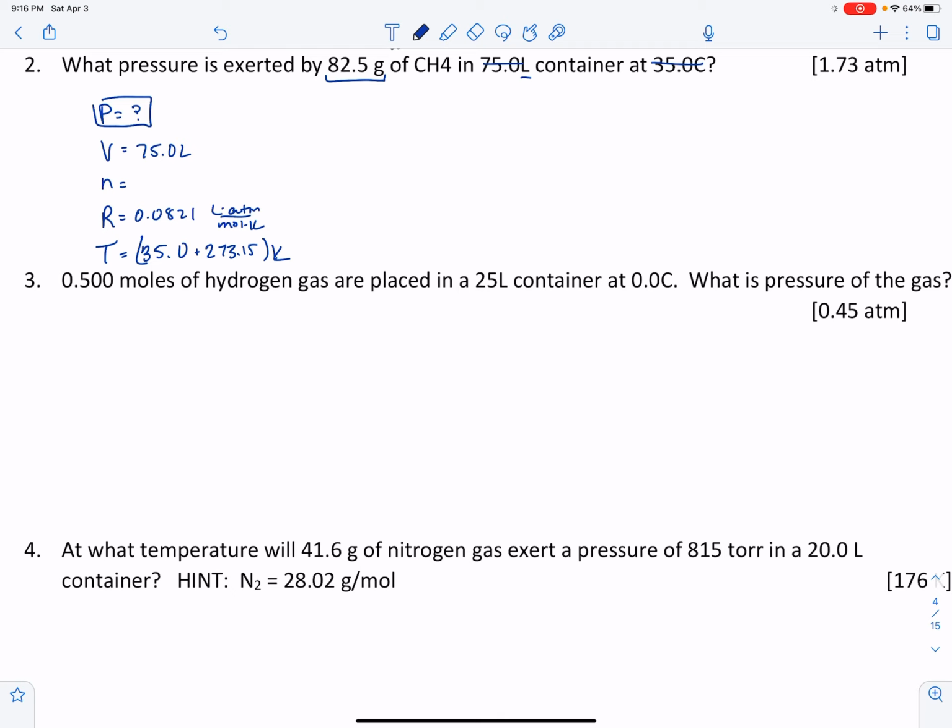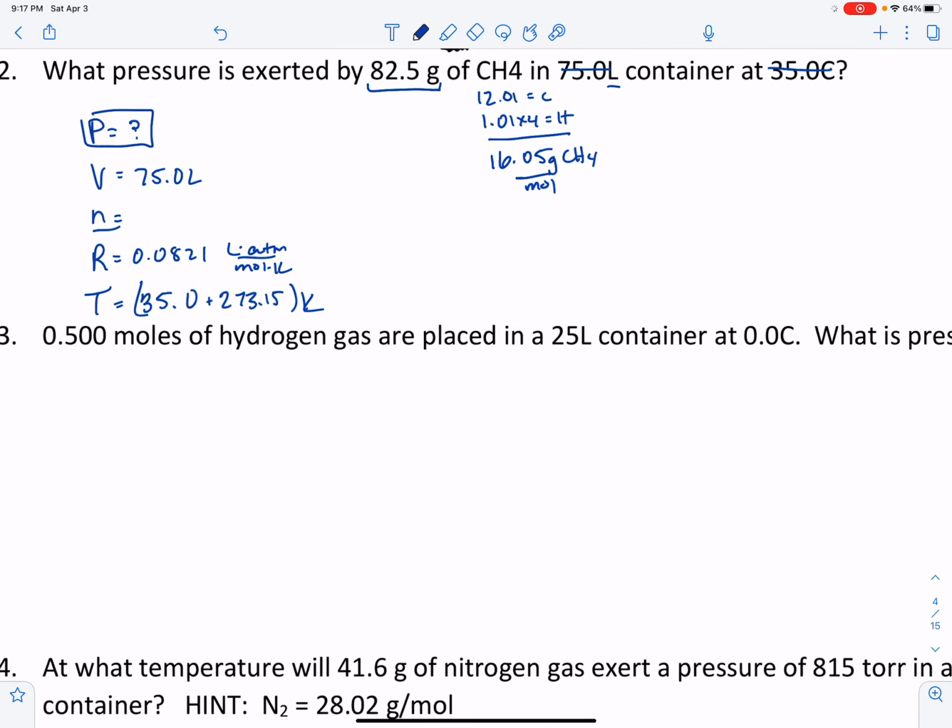This is related to N. If we use the molar mass of CH4, so carbon is 12.01, and then 1.01 times 4, that's our hydrogens, this is going to give us a total value of 16.05